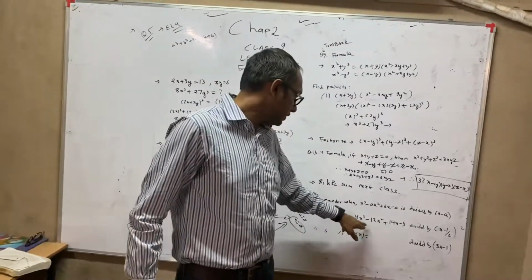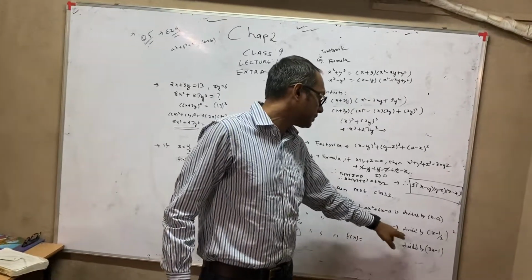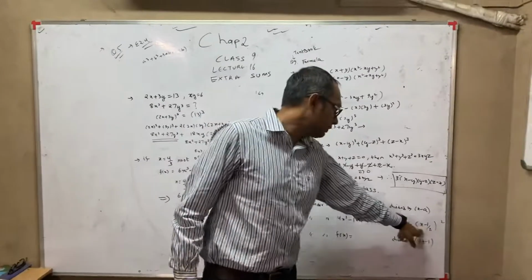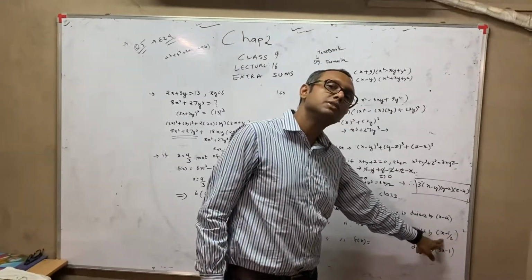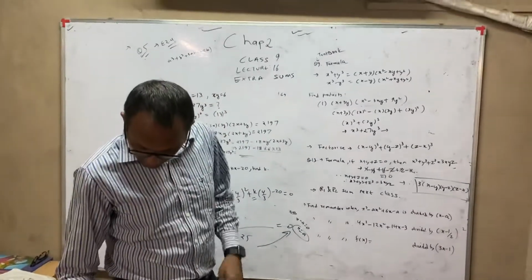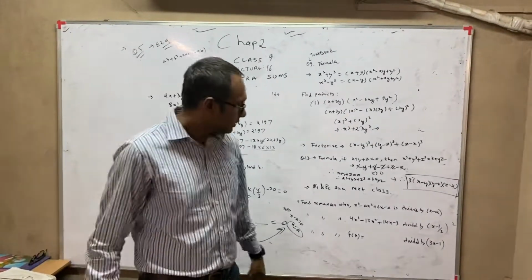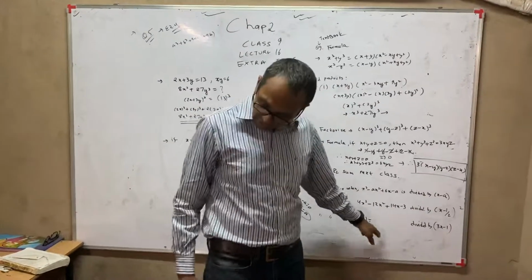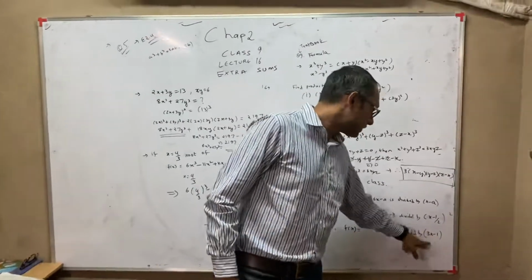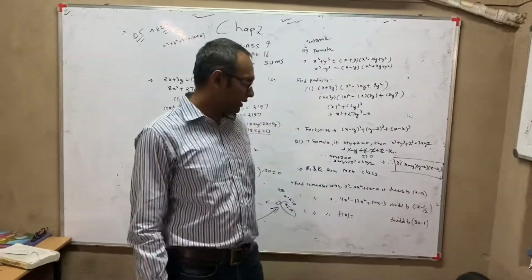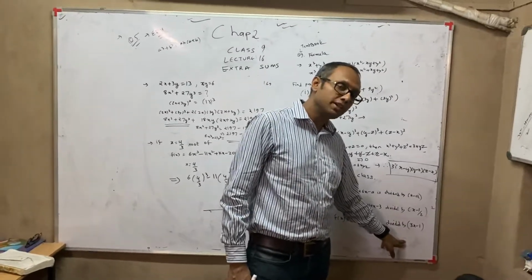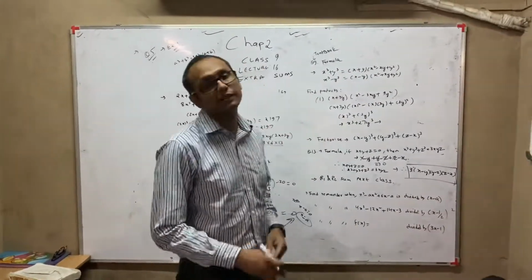Next question: 4x cube minus 12x square plus 14x minus 6 divided by x minus 2. Find again the remainder. So here what zero will come? X is equal to half, and then you will just put it here and get the remainder. And similarly, the last question, which is again some f(x), x cube minus 6x square plus 2x minus 4, is divided by 3x minus 1. Find the remainder. Again you will find the zero: 3x minus 1 equal to 0, what you will get? 1 by 3, and then you will just substitute it and get the remainder.